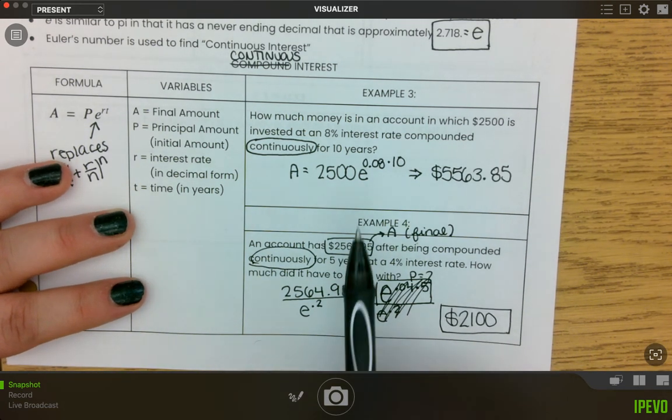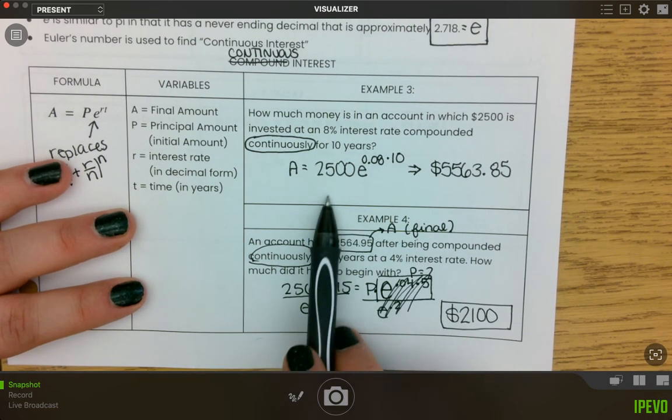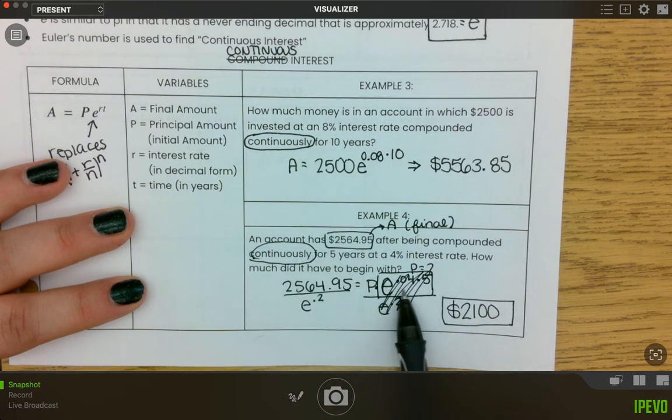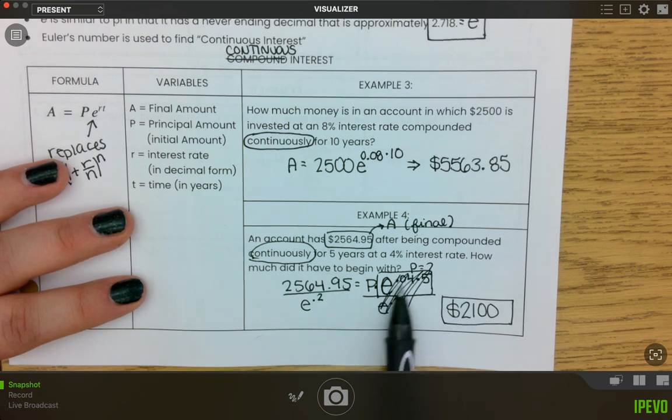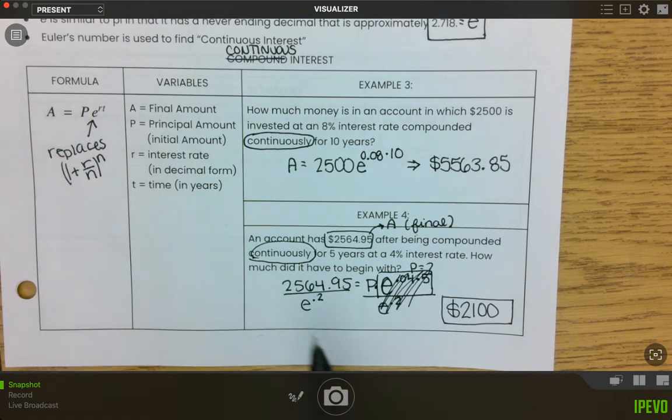So if it gives you the final instead of the initial like this, you're just going to plug in the numbers here and divide by this to the other side. But notice how I didn't find out what decimal this was, because I don't want to round, guys. I want to do this all in one step, because if we round in the middle of a problem, it throws our answer off a little bit. Stay tuned to the next video for the back side of